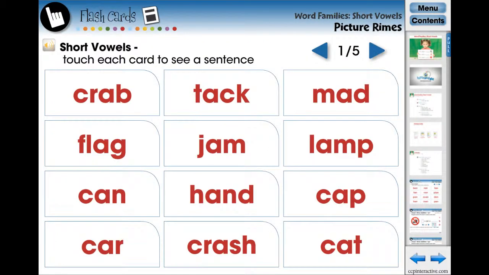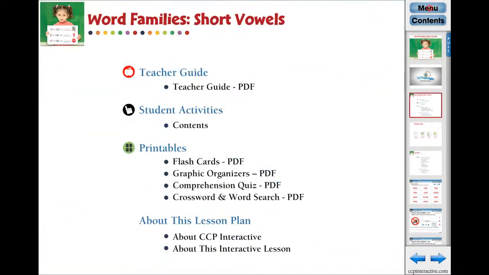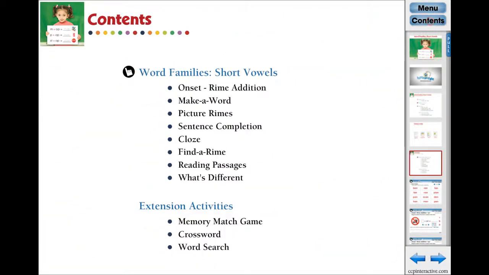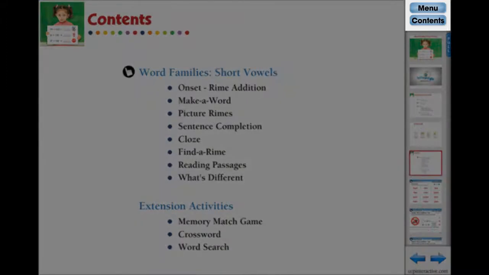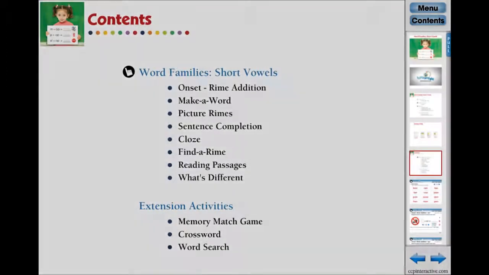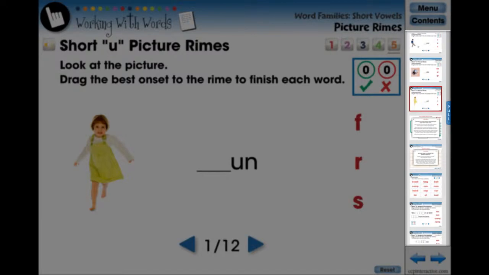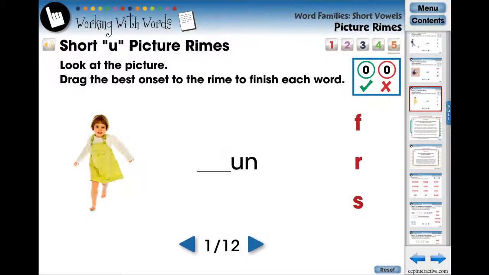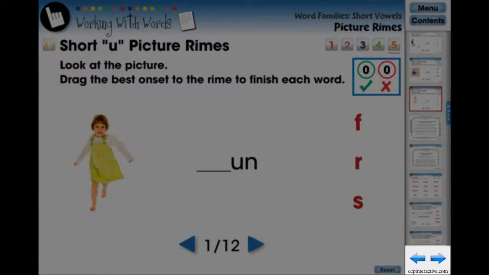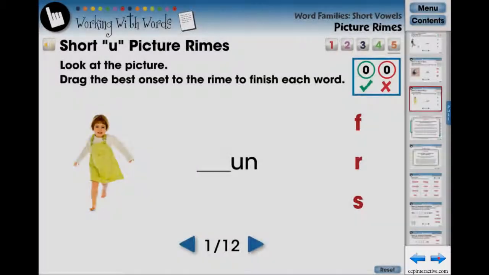From here, you may continue on to the following chapter or navigate back to the menu or content screen by touching the appropriate icons at the top of the navigational toolbar. You may also scroll through the thumbnail icons and touch one in order to jump to a specific screen page. You may also touch the navigational arrows located at the bottom of the navigational toolbar to move forward or backward one screen page at a time.